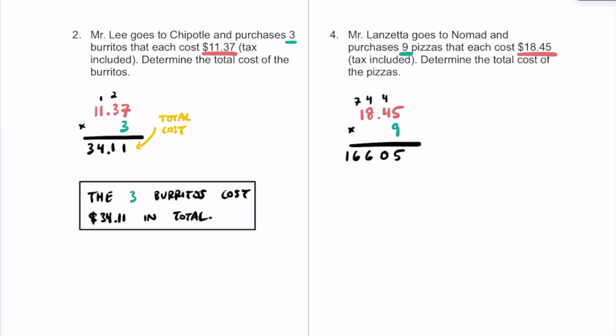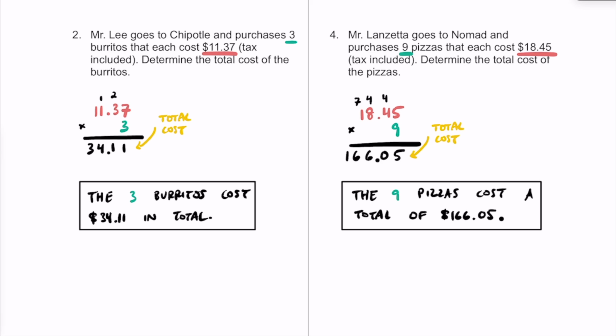We ignored 2 decimal places earlier, or made it 100 times bigger, so let's go ahead and make our product here 100 times smaller. This product here is going to be our total cost of the pizza. So altogether, 9 of these same pizzas are going to cost